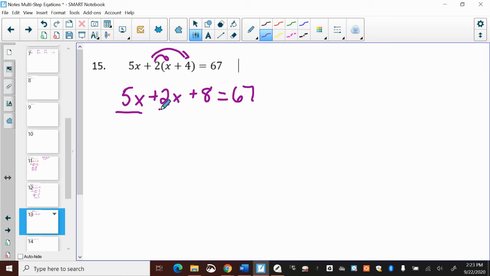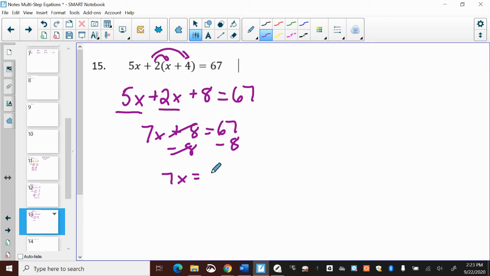Combining up our like terms on the left side of the equals. And again, when we combine, we are not doing inverse operations, just combining up terms. Subtract 8, subtract 8. I got 7x is equal to,